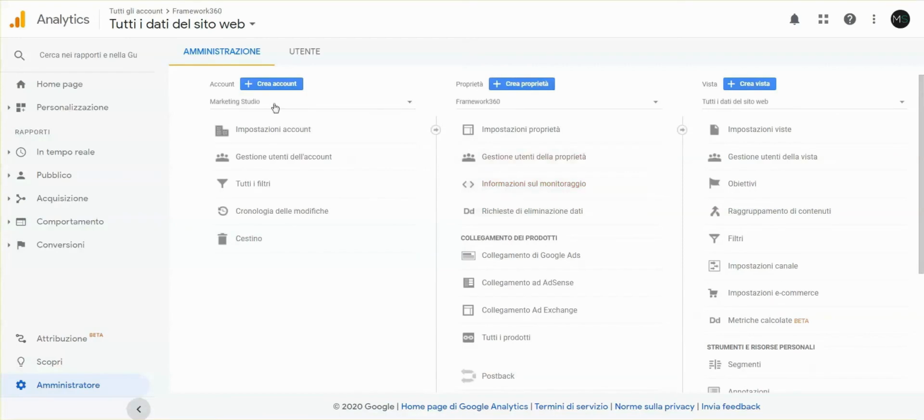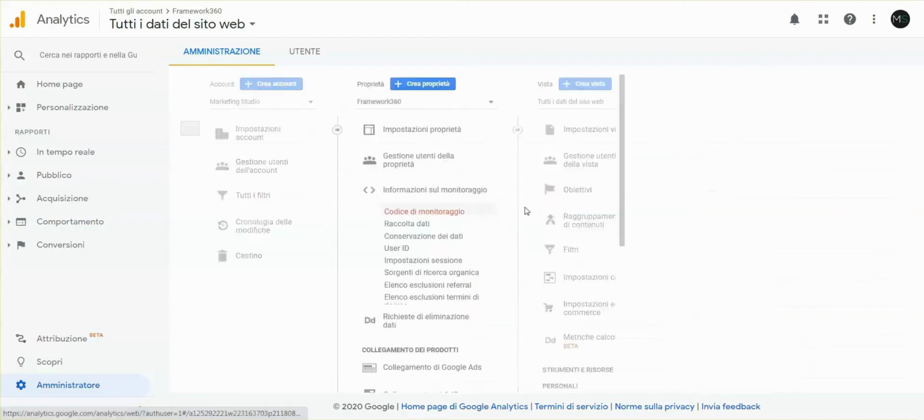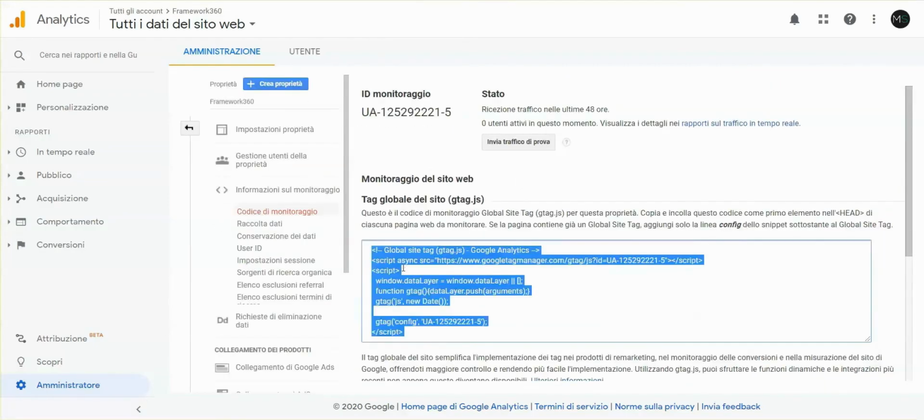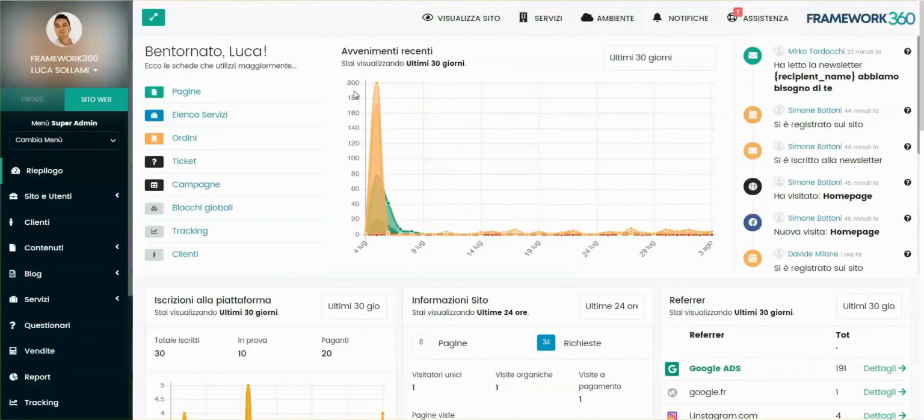Of course, we check that we have selected the correct account and the correct property. We click on tracking information, tracking code. We will find the Google Analytics code that we want to add to our website. We take the code that starts with UA, copy it, and go into our environment, Framework 360 under